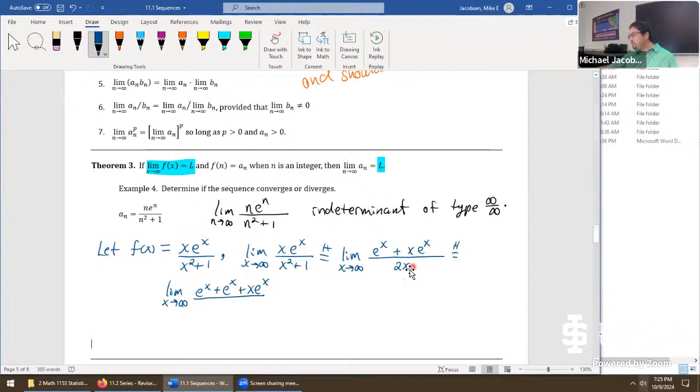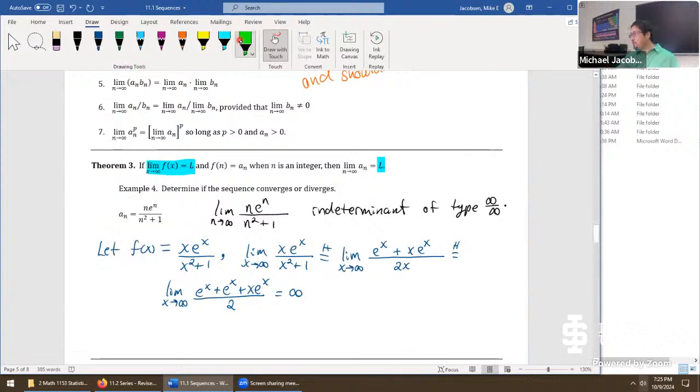Okay, the denominator is the fun one. Derivative of 2x just gives us a 2. This is no longer indeterminate because the denominator is constant. This just diverges to infinity immediately. So we found the limit of an associated function that satisfies this property and matches the sequence. And so our conclusion goes this way. We just come back and say, therefore,